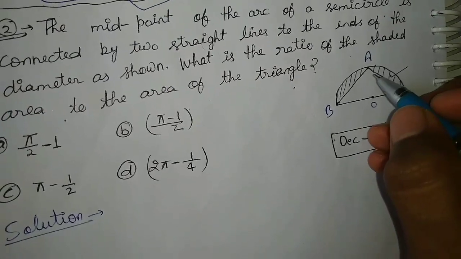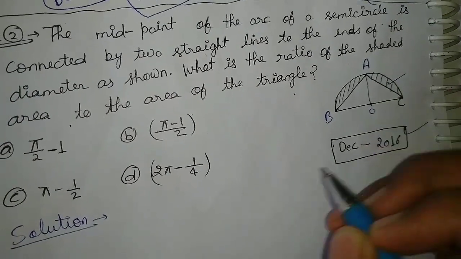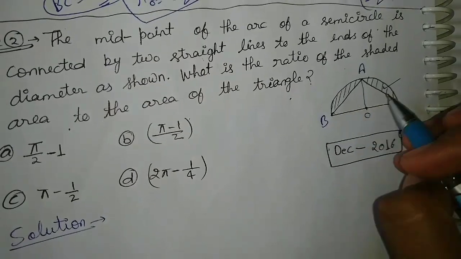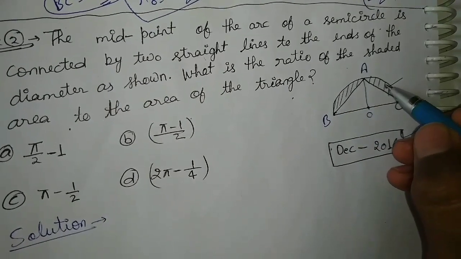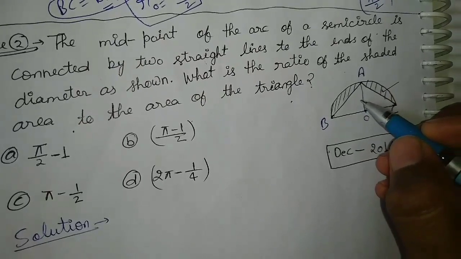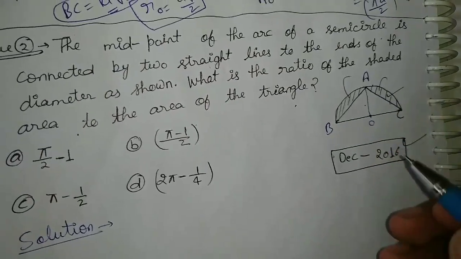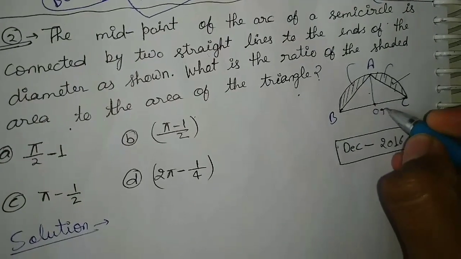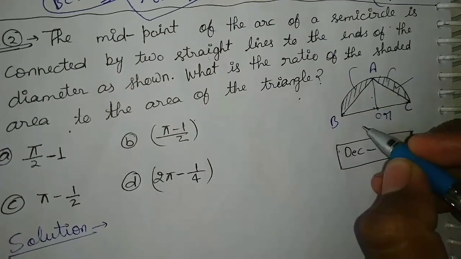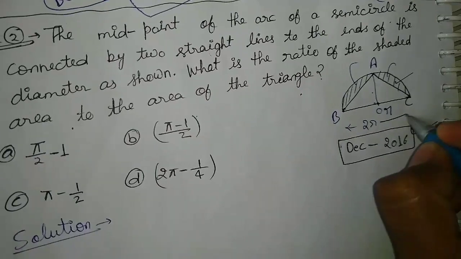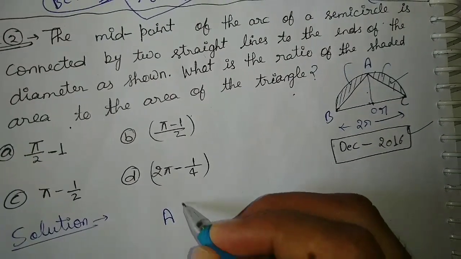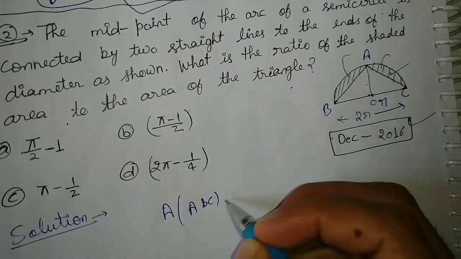So now first of all I will calculate the area of this triangle and then calculate the area of this semicircle, and if we subtract the area of this semicircle from this triangle, we will get this shaded portion. So this is the method. First of all I will calculate the area of the triangle. Suppose this is R. R is just the radius of this semicircle, so this BC will be 2R. So the area of triangle ABC will be